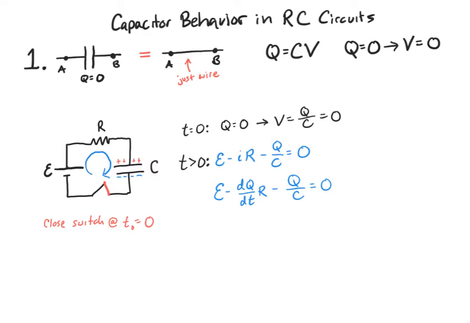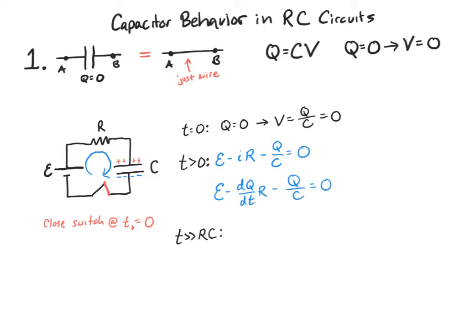There's been such a separation of charges on the capacitor that the voltage across the capacitor, due to its increasing charge, will eventually equal the voltage across the battery. And when that happens, the capacitor stops all flow of current. So mathematically, after a long period of time, which in this context means an amount of time much greater than the time constant RC,